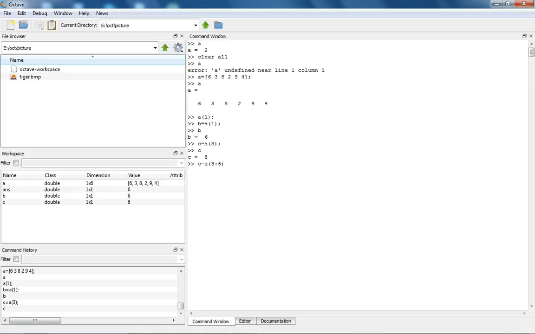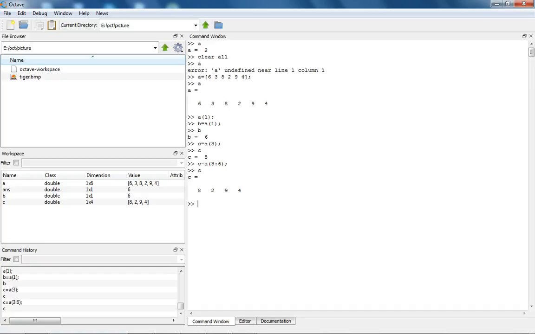In this array, the third element refers to 8 till 6. So third, fourth, fifth, sixth. So the numbers retrieved are 8, 2, 9 and 4. Let us see here. So 8, 2, 9, 4 will be retrieved.